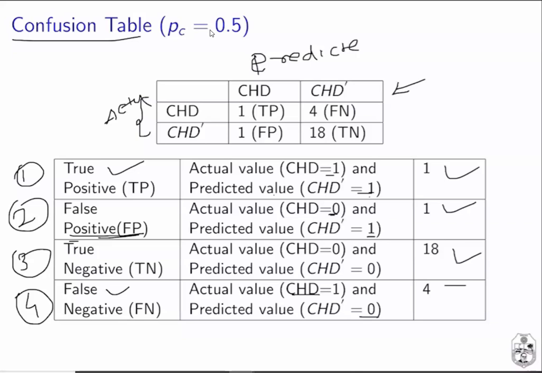If the actual value and the predicted value are the same, then that entry is called a true positive, and this cell corresponds to the true positive. In our case, the true positive entries are 1. Now if the actual value is 1 and the predicted value is 0, then those entries are called false negatives. Those entries are 4. So this cell is called the false negative.